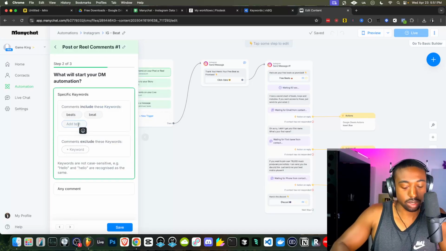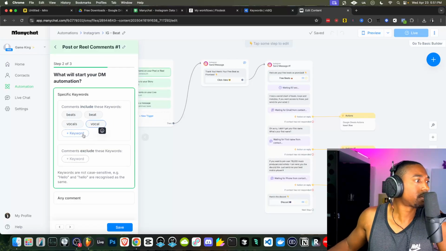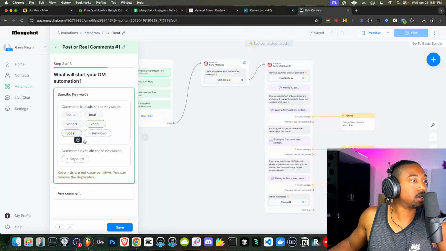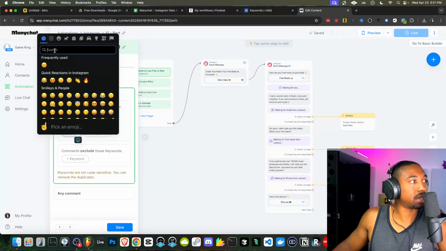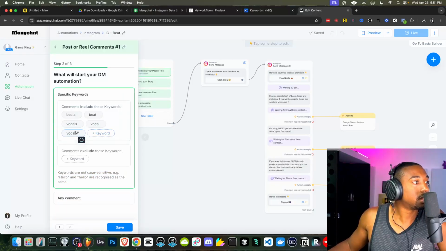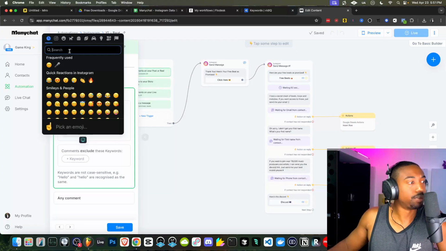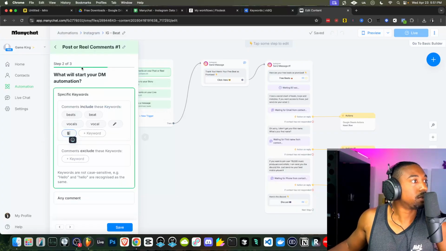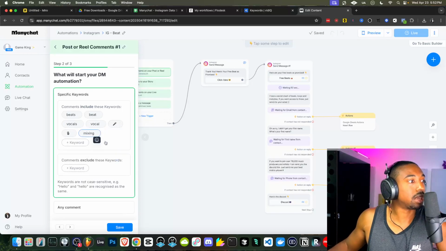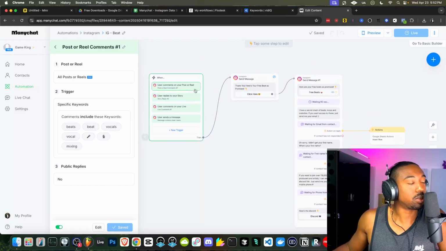And then we can set the words. So here we're going to set vocals. We're going to use different variations of the words. Some people might use emojis because the phone will auto suggest it to them. So let's type in like a microphone, some sort, because people will misspell stuff. And then let's do another microphone. Here's the other microphone. Boom. So we have vocal, vocals, a microphone, and let's even add the word mixing for now. Let's just hit save. So now anybody who comments any of those words, it will trigger this sequence.